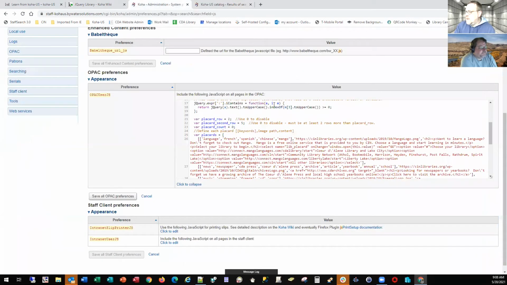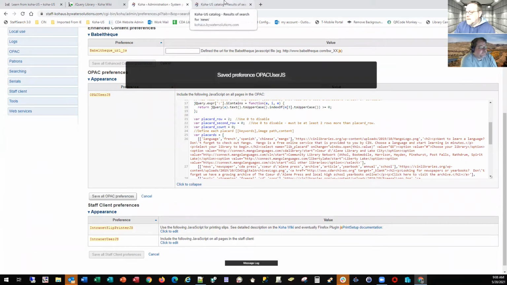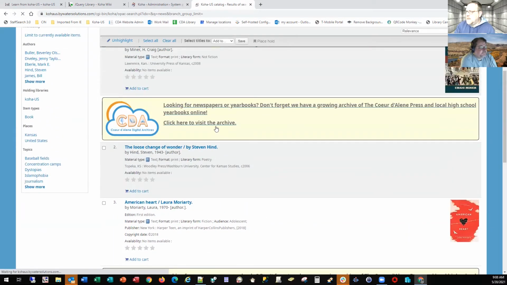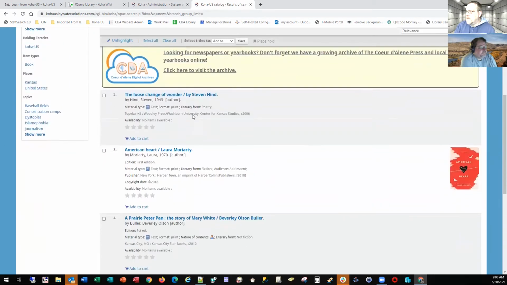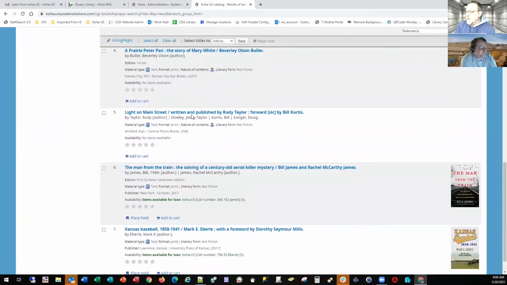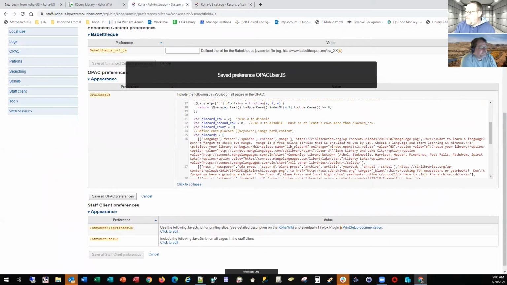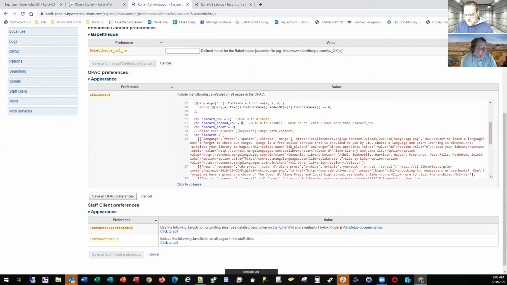And if we go back and look at that, like I said, if I wanted to disable a row, I could put a 0 in there, save that, and if I refresh the search that I did, only that first instance is showing up because I disabled the second one. If I put in a value,